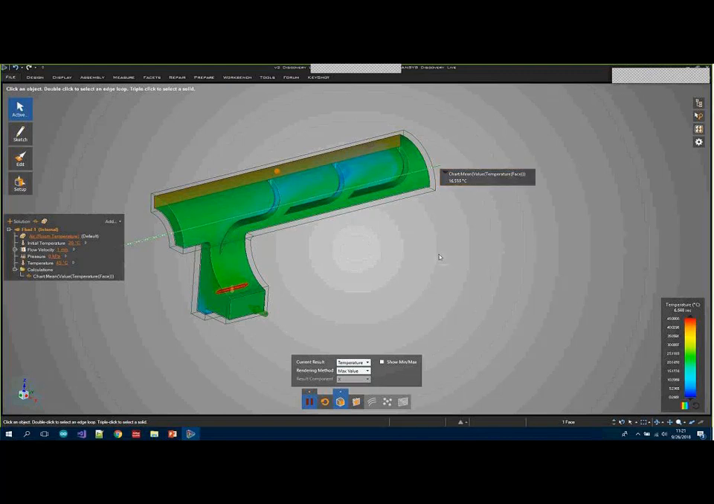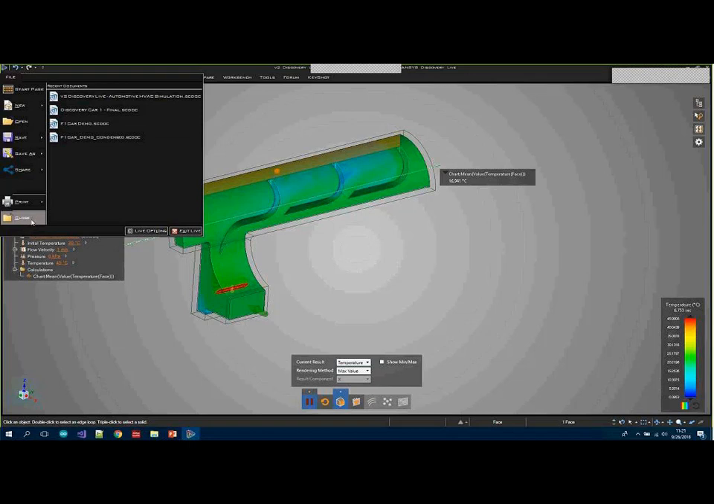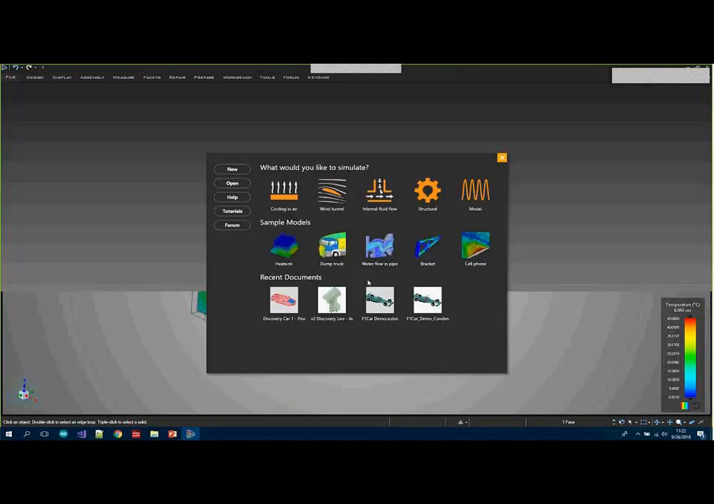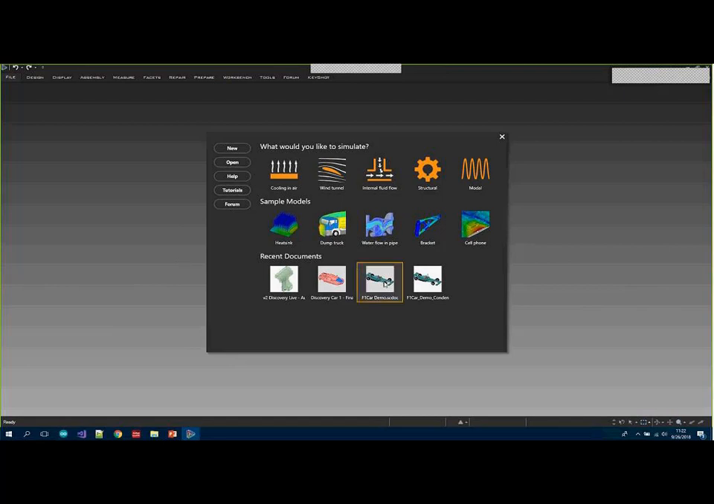All right, so let's move on to the next example. These are some of my favorites in this case. So I'm not going to save this here. I'm going to close this out. And we'll take a look at